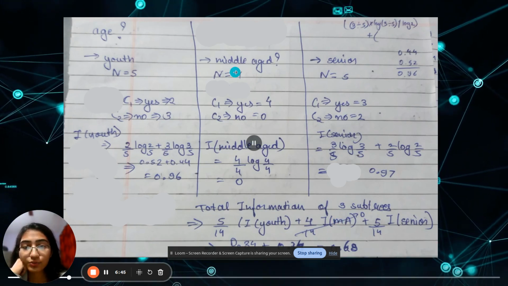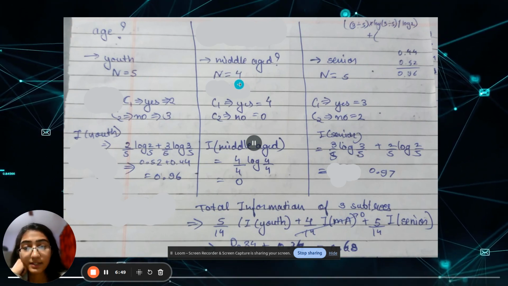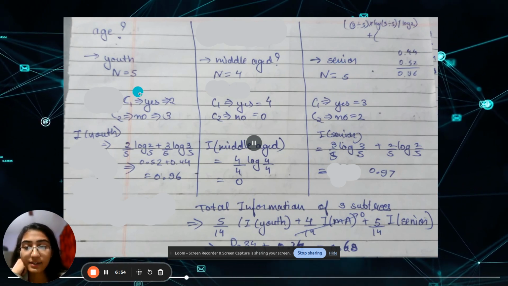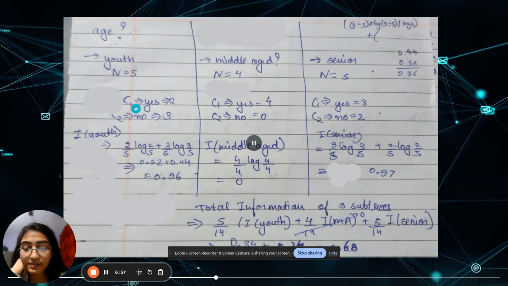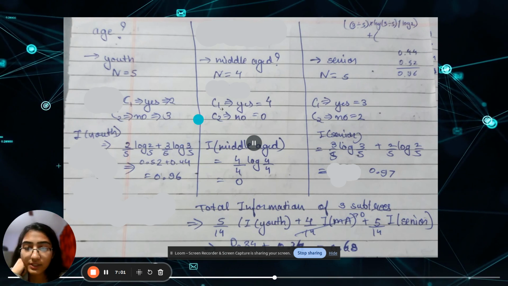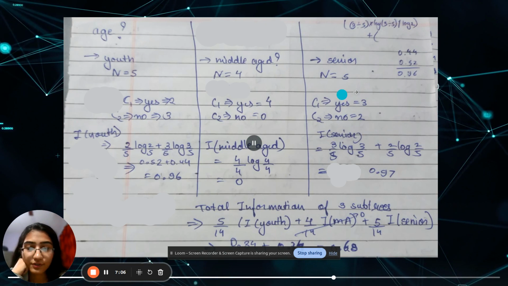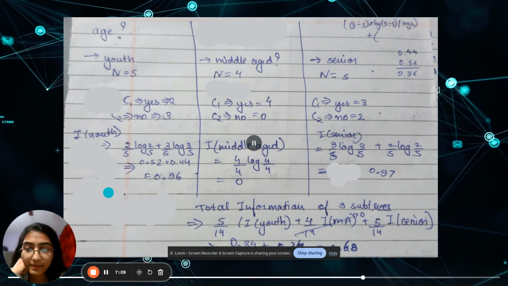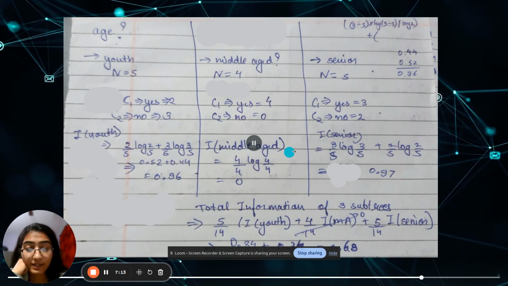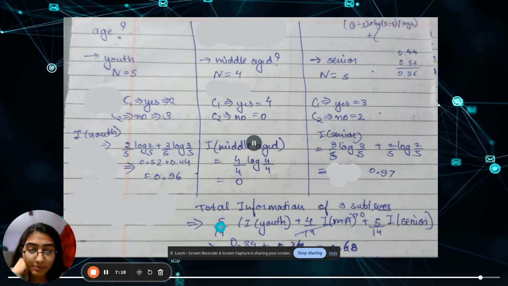For age, there is youth, middle age, and senior. For youth, n is 5, for middle age, n is equal to 4, and for senior, n is equal to 5. And then we will calculate their respective classes, that is C1 and C2, yes and no, 2 and 3 for youth, and yes no for middle age, and yes no, that is C1 C2, for senior, and find their respective information gain for youth, middle age, and senior, and then find the total information gain for the subtree, that is 5